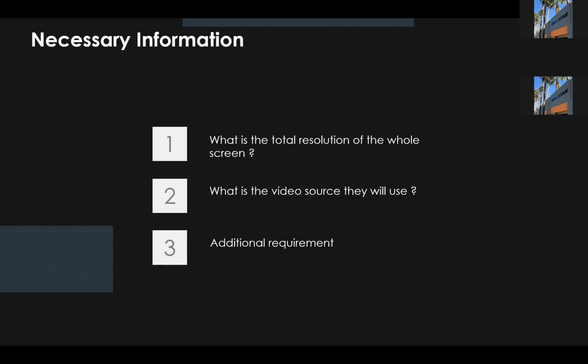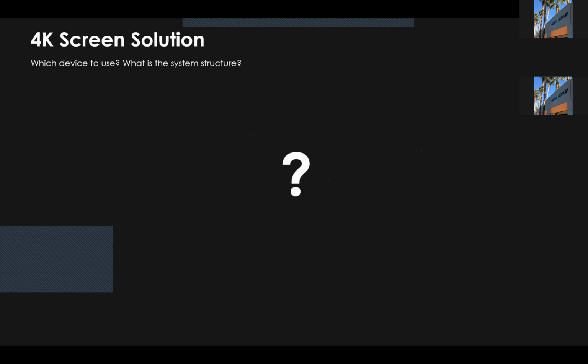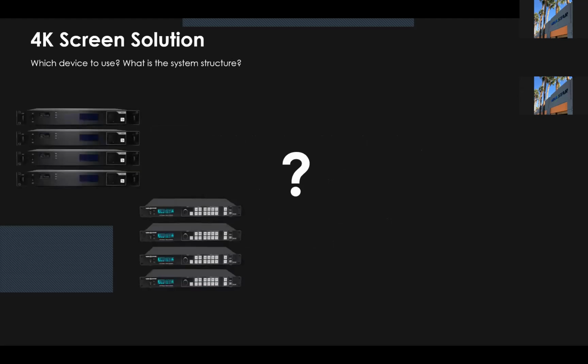An example together. Let's say, what kind of options do we have in fitting a 4K resolution project? What can be used, right? I think maybe you have lots of answers now. What are the system structures if we use different projects to realize a 4K resolution screen?